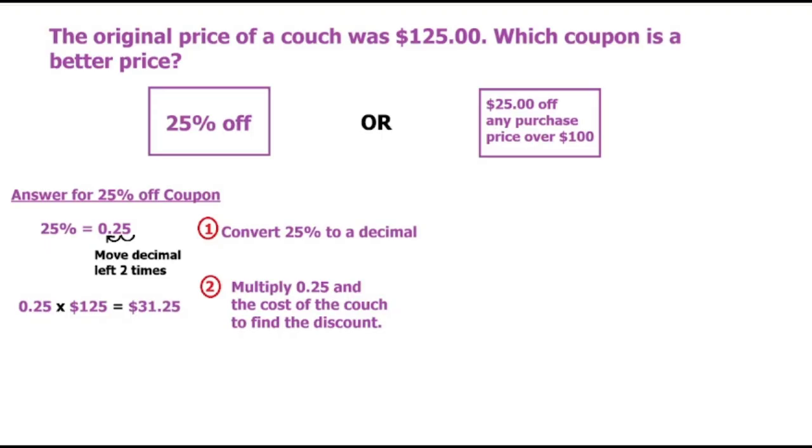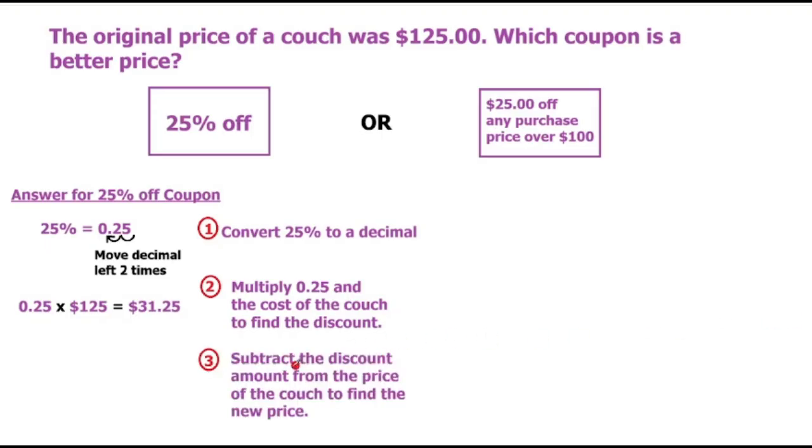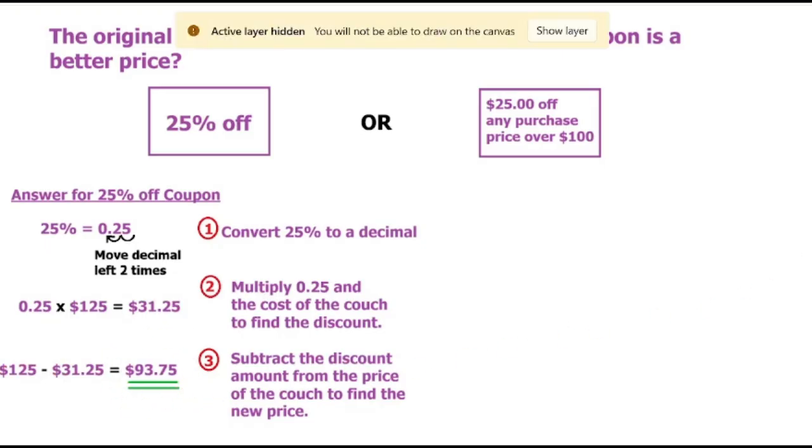$31.25. So now we can subtract this discount amount from the price of the couch to find the new price. So we take $125, subtract $31.25, and we get $93.75. Now let's move on to the next